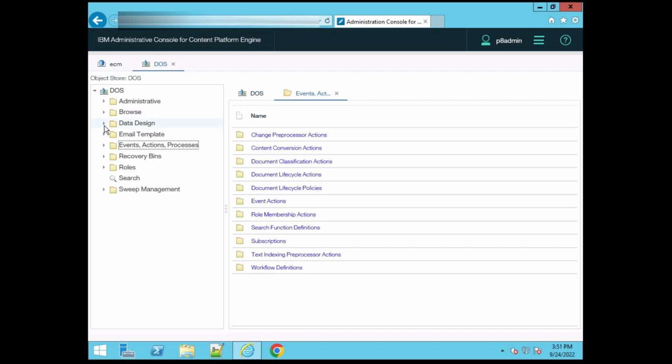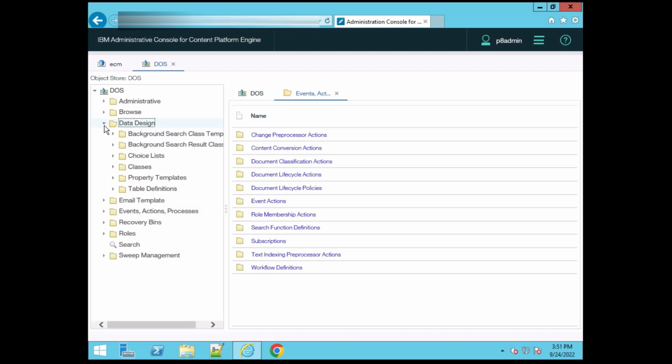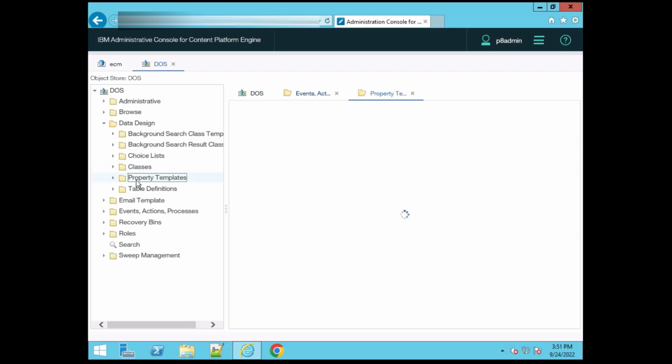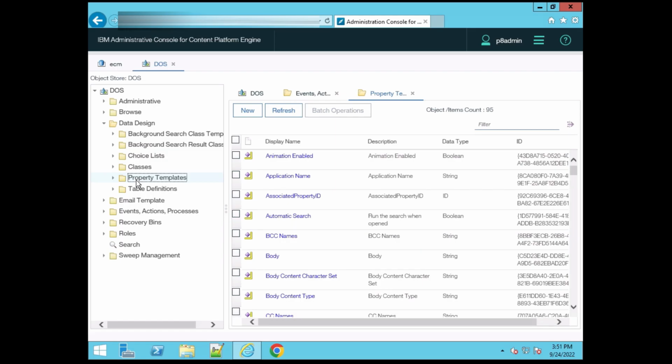After that, expand the data design. In the data design, last time we discussed the classes. There are three types of classes: document, folder, and custom object. Today, we are discussing the property template. So what is the property template? A property template is basically a property